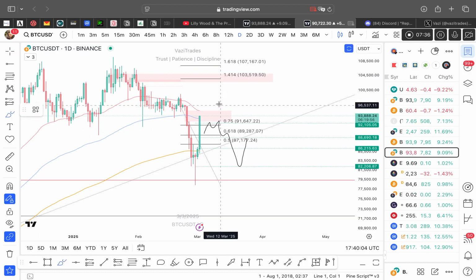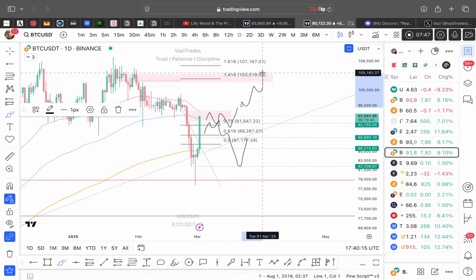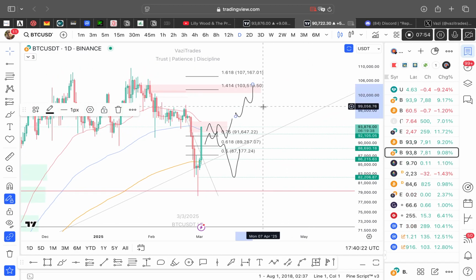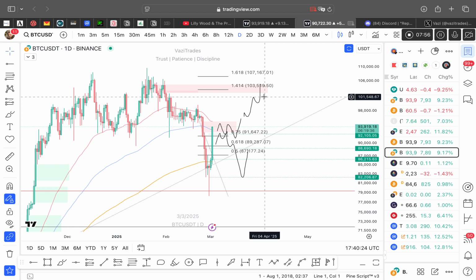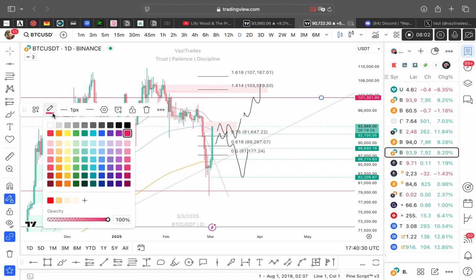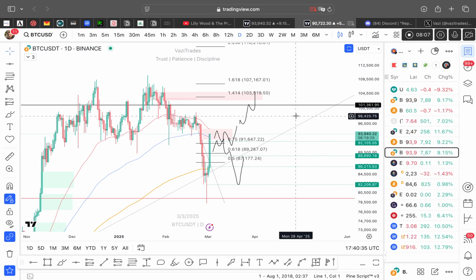If Bitcoin closes above 0.75, then probably with some consolidation, it will continue going up towards this area. This is going to be the next resistance zone to break, and I will be really bullish only if I see the price breaking above